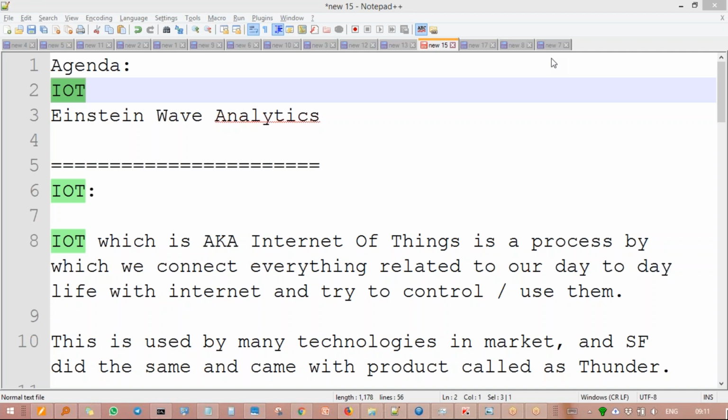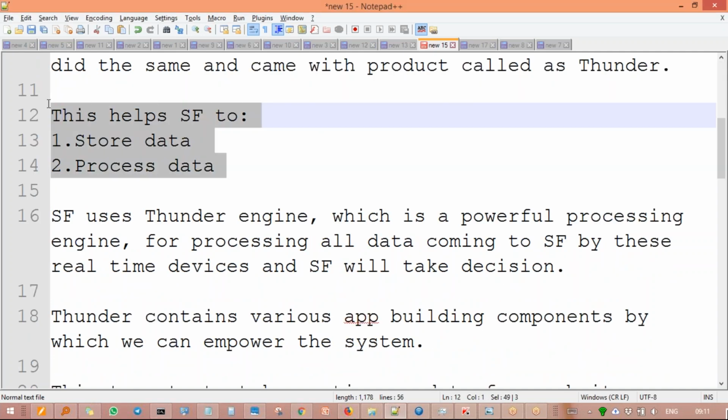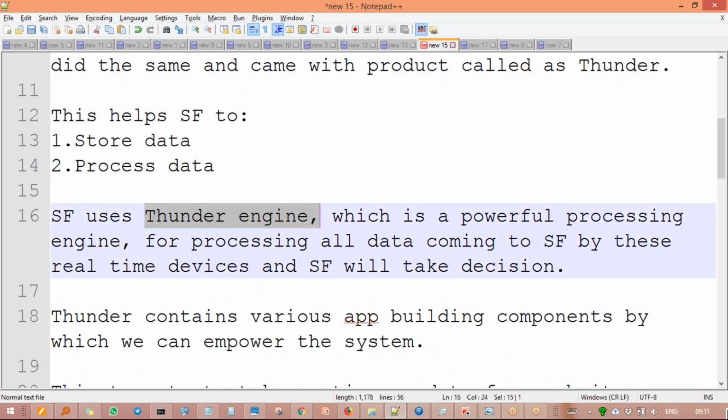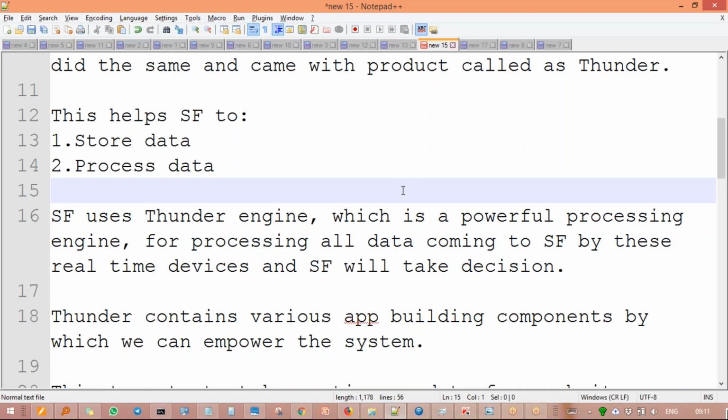So we understood how it helps us to process large amounts of data and store the data, and ultimately the Thunder platform is going to ensure that your day-to-day devices, your refrigerator, your AC, your cooler, your fan will be speaking with Salesforce. Salesforce will give some instructions and it will start working.